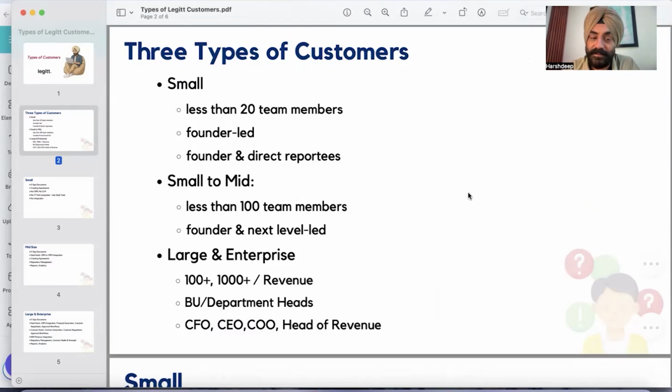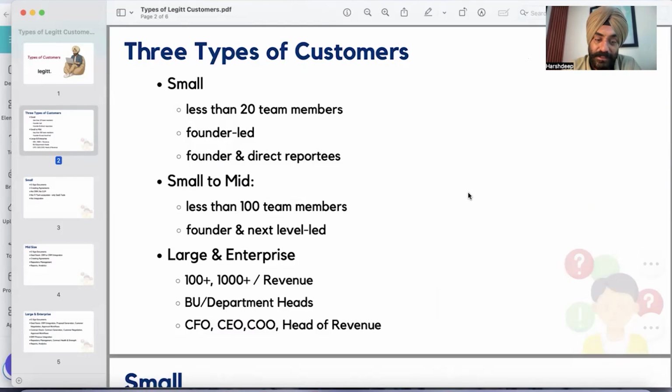And then come the large enterprises. Way more than 100 member teams, running into thousands, with revenue also on the slightly larger side, 100 million, 200 million dollars. We have customers that do a few hundred million, and their valuations range, I'm talking about just the enterprise customers, from a couple of billion to double-digit billions of dollars. So that kind of customers also we have.